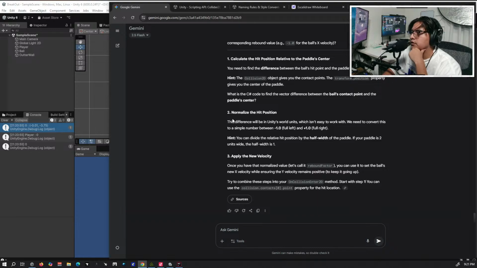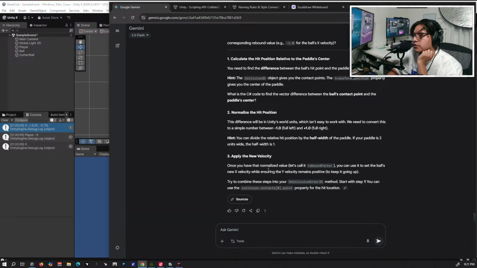The difference will be in Unity's world units, which isn't easy to work with. We need to convert this to simpler numbers between -1 and 1. You can divide the hit position by half the width of the paddle. If the paddle is 2 units wide, then half of it is 1. Apply the new velocity. Once you have the normalized value, you can call it the rebound factor. Use it to set the ball's new velocity while ensuring the Y velocity remains positive to keep it going upward. Try combining these 3 steps into a